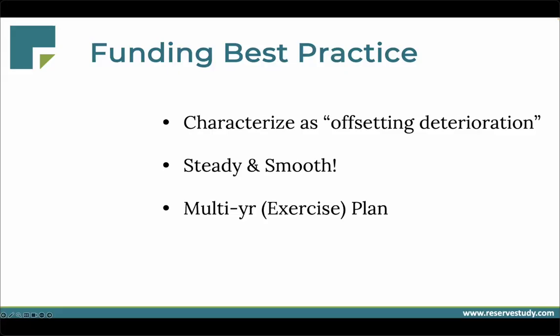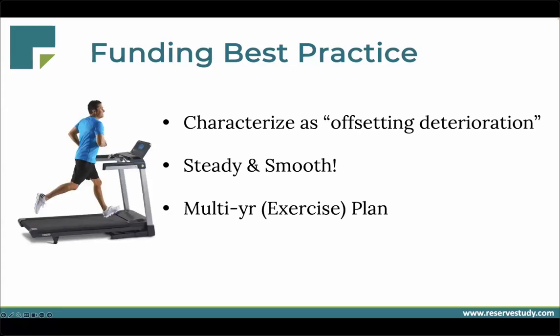Remember, no one is paying for something in the future. Everyone is offsetting their usage of the components while they live at the property. Once they move out of the property, they're no longer obligated to pay for this expense, right? But when they live at the property, they have an obligation to pay for their usage of all of the common area assets of the property, whether that's a roof or a pool or a tennis court. They have an obligation to pay for their usage of those assets while they live at the property.